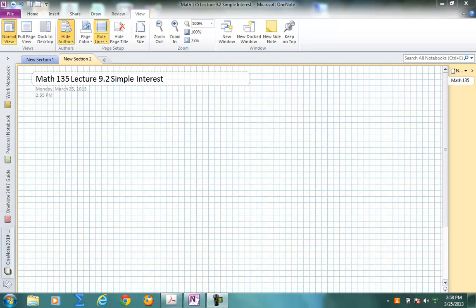In section 9.2, we're going to be looking at simple interest. So this would be the amount of money you would have to pay if you borrowed from a bank. Simple interest uses a formula